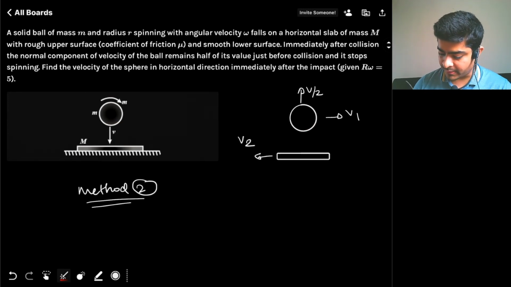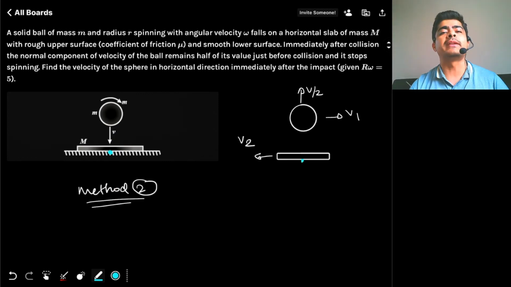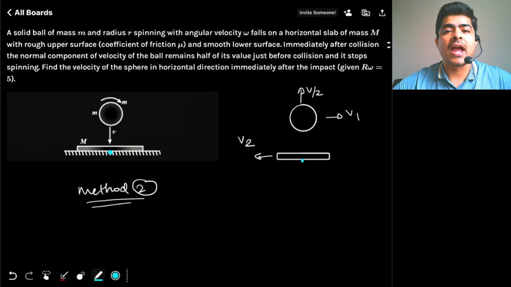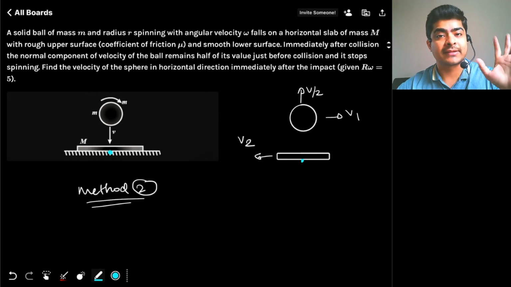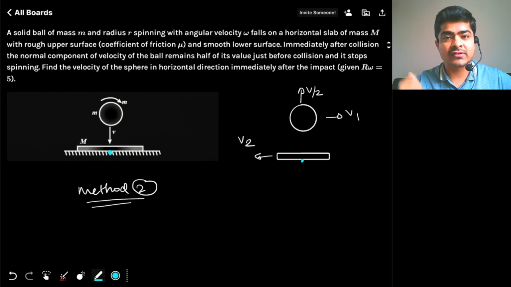So that can happen if you take the plate to be thin. Even if you take the plate to be thick, doesn't matter. Uh, yeah, it does matter. Okay, assume the plate to be thin. So this point over here, just below the plate on the ground, will be a suitable point for conserving angular momentum, assuming the plate to be thin. The plate is very thin, of negligible thickness. Okay, so then we can solve this easily.